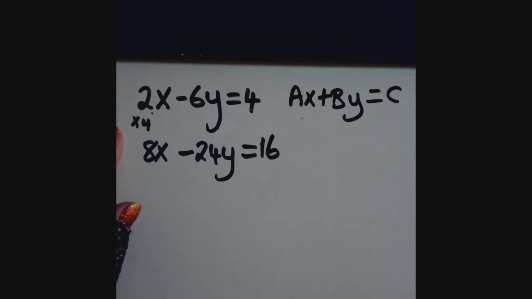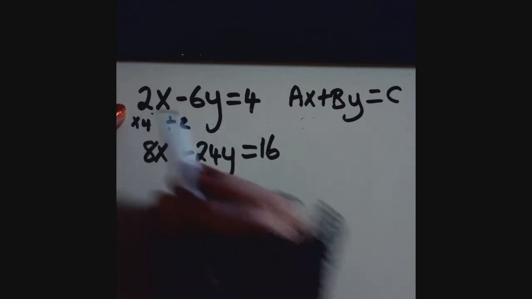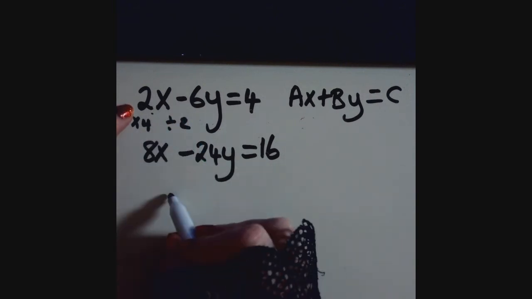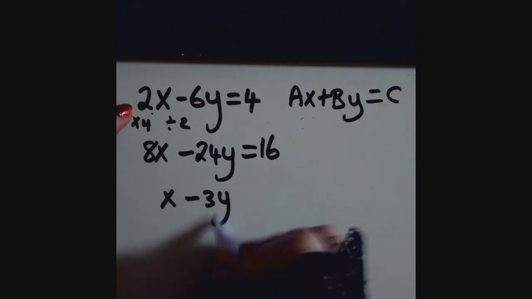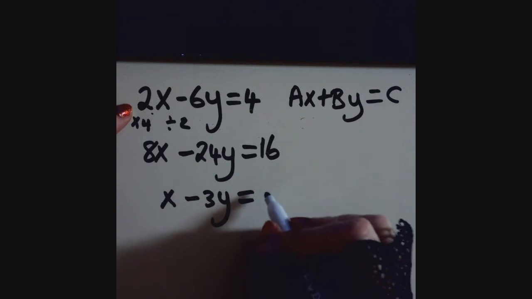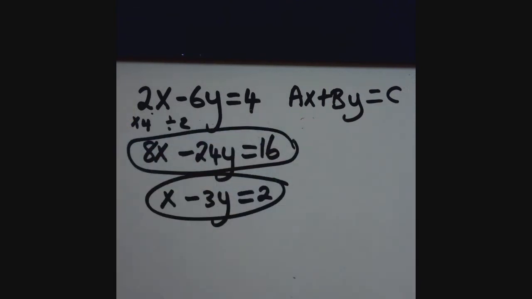So they want 2. Like I said, you can multiply, you can make it smaller. Because it's 2, 6, and 4, I can divide everything by 2, which is multiplying by a half. That means the same thing. So let's now divide everything by 2, or multiply by 1/2. That means that becomes x. 6 divided by 2 is 3. And 4 divided by 2 is 2. So here are 2 equivalent